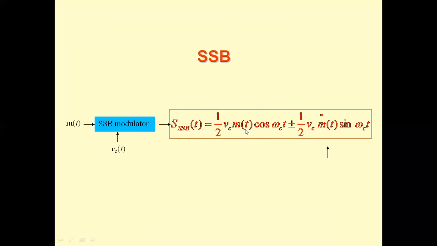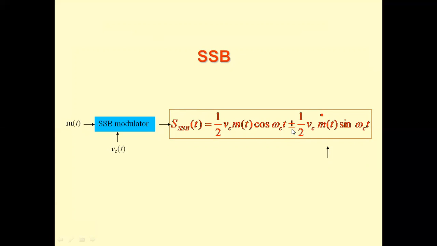First, the message signal is subjected to Hilbert transform, and we get the Hilbert transform of the message signal. Hilbert transform is a wide band 90 degrees phase shifter. This minus sign in the middle is used to send the upper sideband. If we use plus sign, we will send the lower sideband. And hence, this expression produces only one sideband.